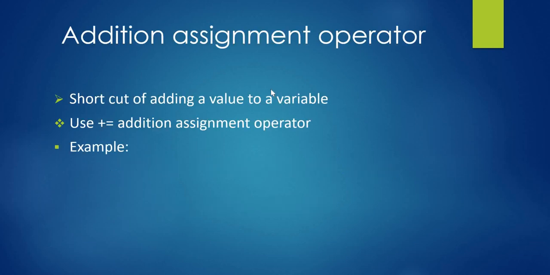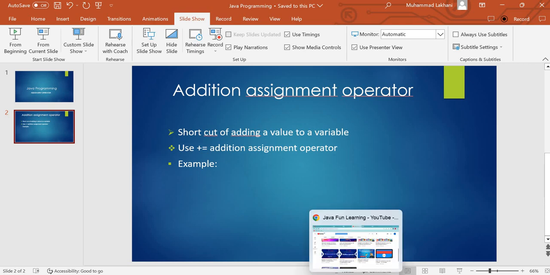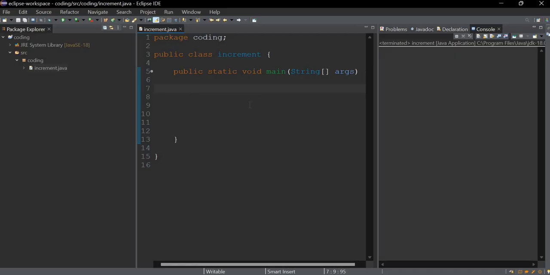So the addition assignment operator is a shortcut for adding a value to a variable, and you do it by using the plus equal to operator. I'll show you an example of the addition assignment operator and the shortcut of adding a value to a variable. So basically,